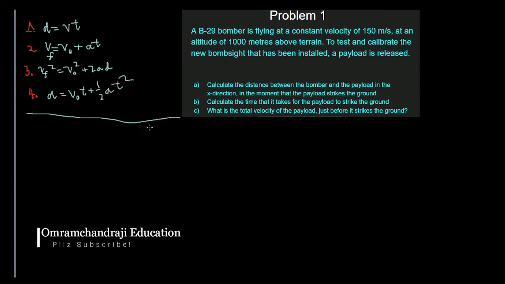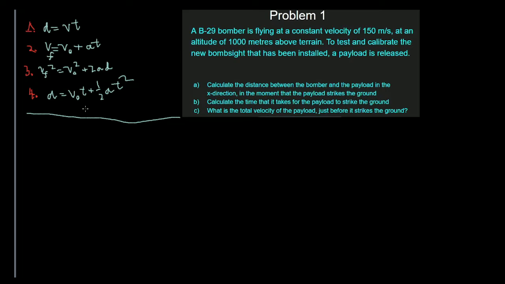Today, we'll be doing a lesson on kinematics, so basic physics kinematic problems. We start off with our four kinematic equations, which we can see right here, and with this problem. A B29 is flying at a constant velocity of 150 meters per second, 1,000 meters above the Earth. To test and calibrate the new bomb sight, the payload is released. A, calculate the distance between the bomber and the payload in the x direction at the moment that the payload